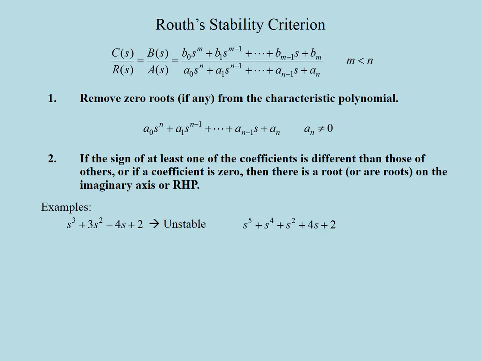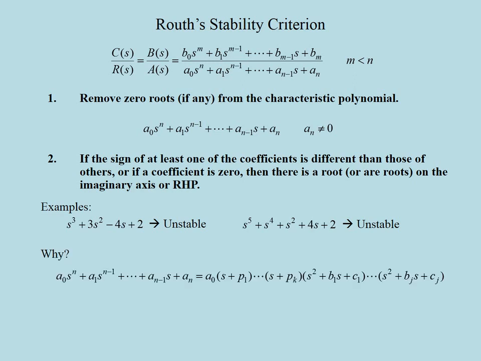Also, s to the 5 plus s to the 4 plus s squared plus 4s plus 2 is an example for a denominator polynomial of an unstable system because the third power of s is missing in this polynomial. To find out why, let's consider a factorization of the polynomial a where the first order factors correspond